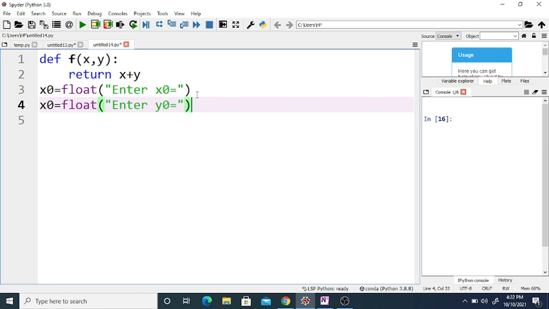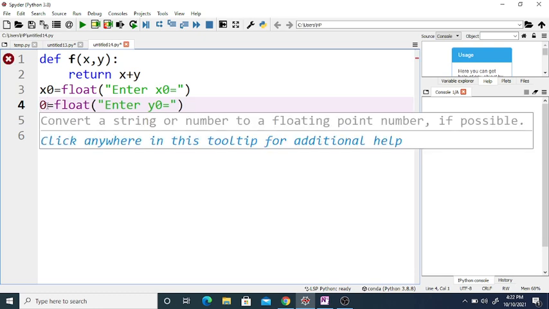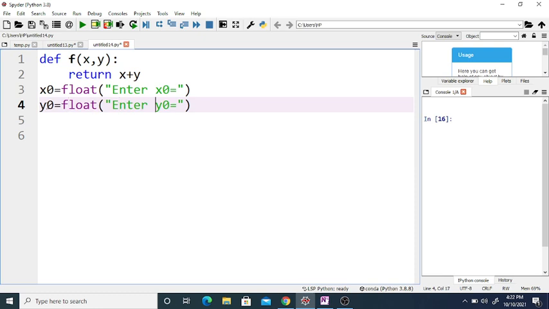Next we want to enter the value of h. You can also calculate the value of h, and after this program we are going to modify this program for h also, n also. Okay, so next we want to enter h.